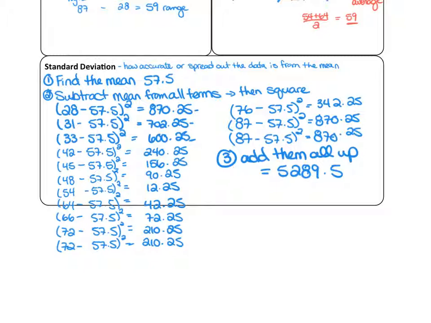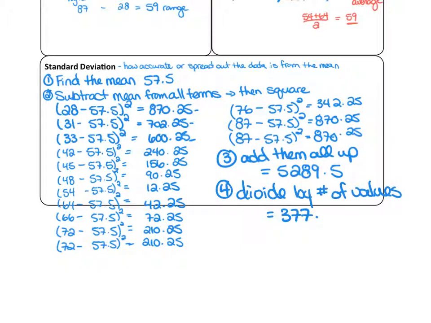5,289.5. The next thing we're going to do is divide by the number of values. And we already know that because we counted them earlier and we have 14. So I'm going to take 5,289.5 and divide by 14, which is 377.82. And then the last step we're going to do is square root it. So if I square root that, I get an answer of